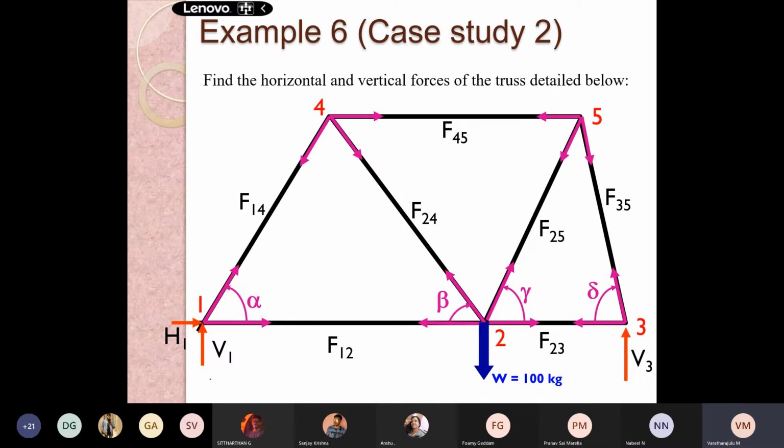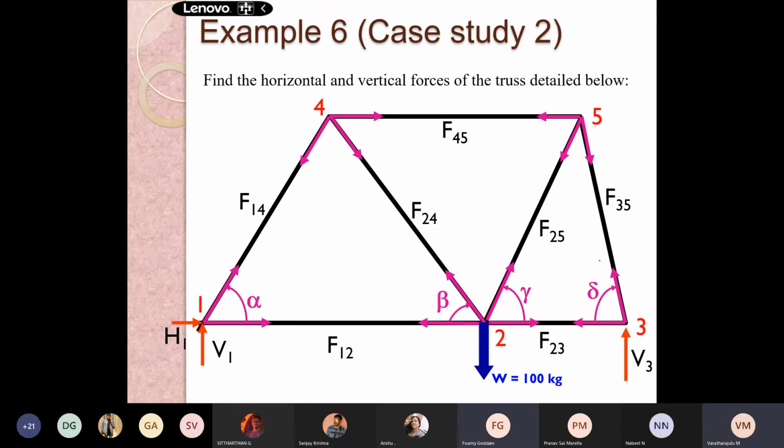See, here it was a fixed end. We don't have any horizontal component, we have only the vertical component. Here node 1 is a roller support, so we have horizontal and vertical components. There might be changes in x as well as in y. Similarly, nodes 4 and 5 have displacement or deformation in x as well as in y.